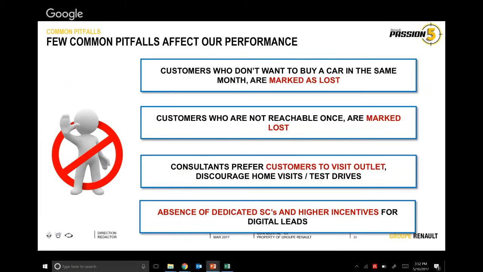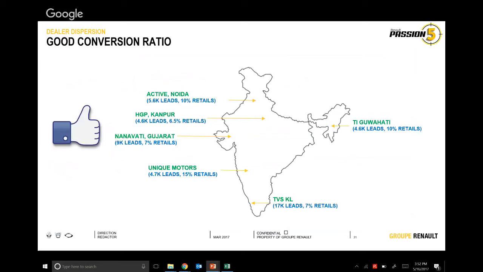So finally, like I told you, there are Renault dealers throughout India who are giving us a good conversion on digital leads. This chart shows you dealers: in Noida, Kanpur in Central, a dealer in Gujarat in the West region, and also in the South and East regions. So there are dealers across multiple regions who are giving us this kind of conversion right now. It's not very difficult. It is not that digital leads are not good enough, or that digital leads do not get converted easily. Yes, there is a conversion difference in how they can be treated, but they have